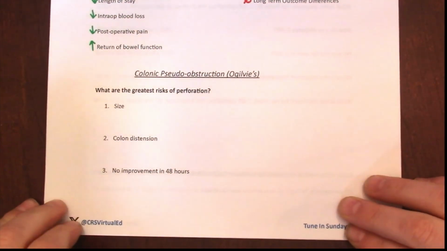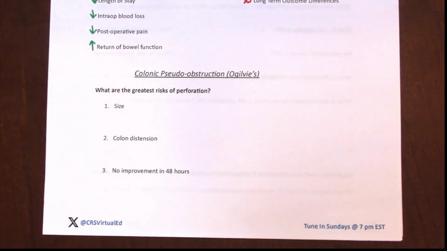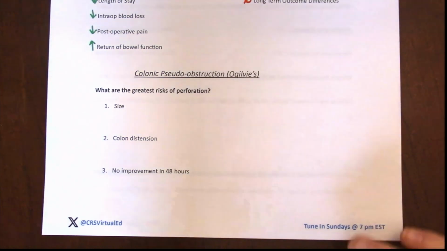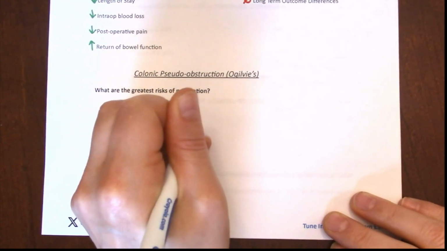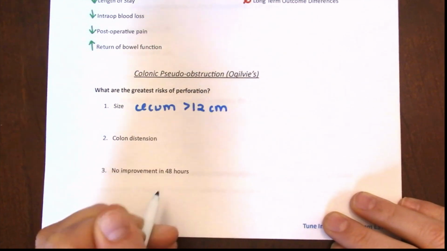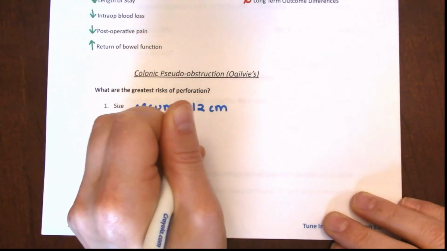Great, and that concludes diverticulitis. Our next section is about colonic pseudo-obstruction, otherwise called Ogilvie's. All right, Connie, what are the greatest risks of perforation with colonic pseudo-obstruction? The first thing is the size. So if the cecum is more than 12 centimeters, or if it's more than 10 centimeters for 3 to 4 days,